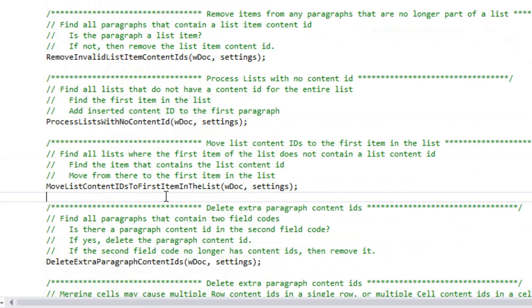the same list. Another situation is what happens if the user edited a numbered list such that they added a new item to the numbered list at the very beginning of the numbered list. So this creates the situation where we have an inserted content item at the beginning of the list. And also we've defined that the behavior of IdentityManager is that you will find the list content item in the first item in the list. So this looks for the case where any list has a content item, but the content item is not in the first list item in the list, and it moves that list content item to the first item in the